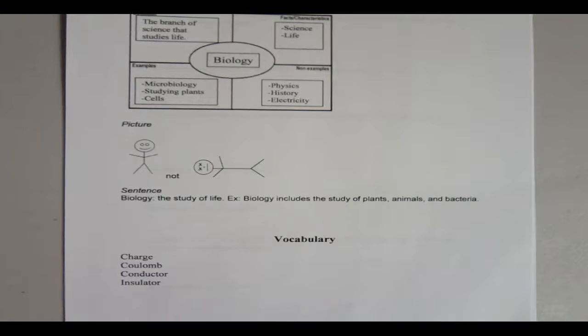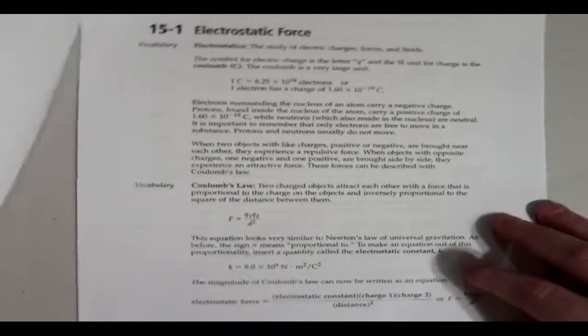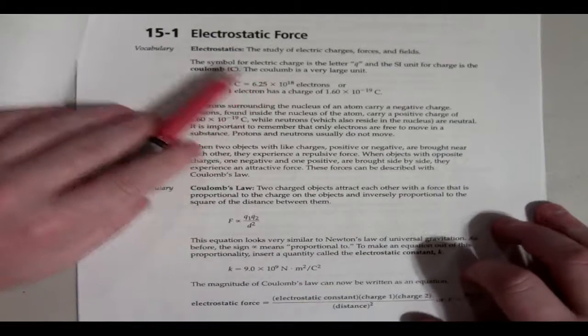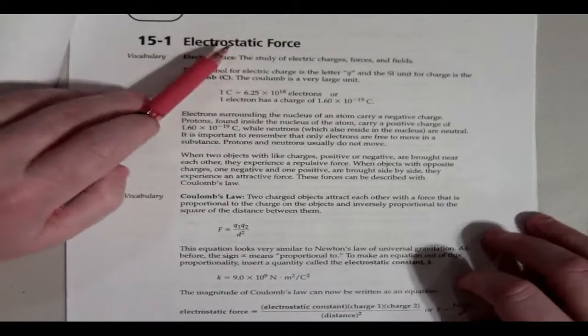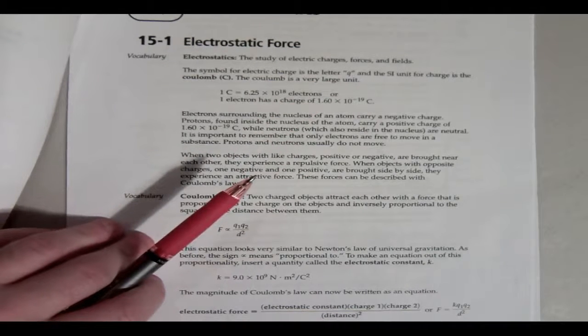Now, the unit of charge is a Q, and the most basic charge of an object is an electron charge. And let's go over to the next page to kind of get an idea, actually the next few pages of that. So again, the symbol for charge is a Q, and it's just a physical property of matter, just like